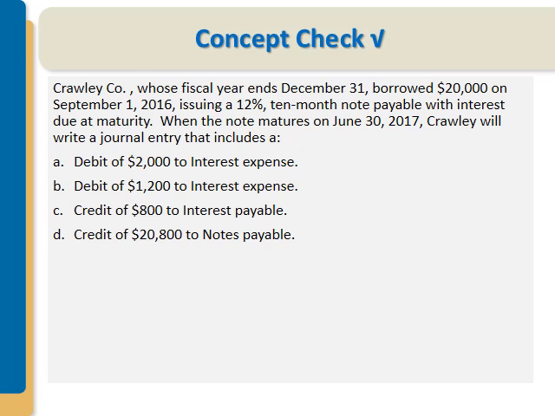Concept check. Crawley Company, whose fiscal year ends December 31st, borrowed $20,000 on December 1st, 2016, issuing a 12% 10-month note payable with interest due at maturity. When the note matures on June 30th, 2017, Crawley will write a journal entry that includes a